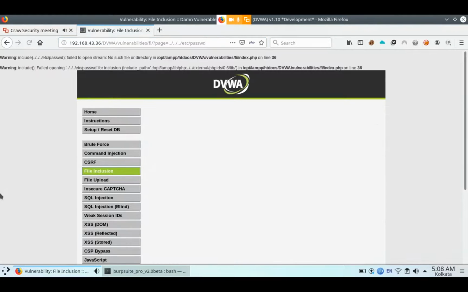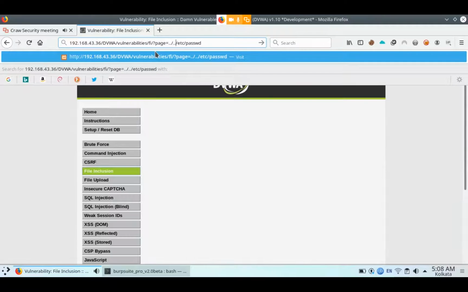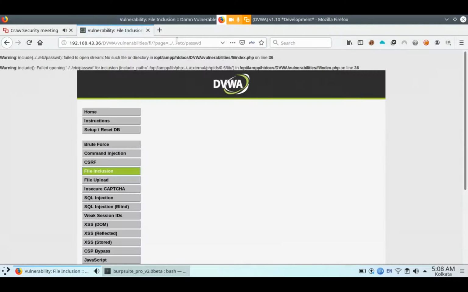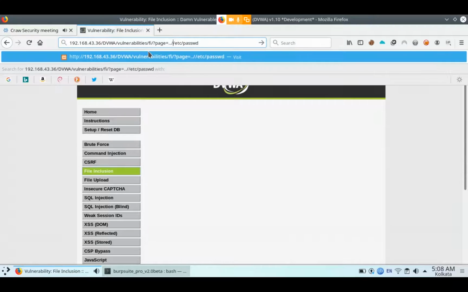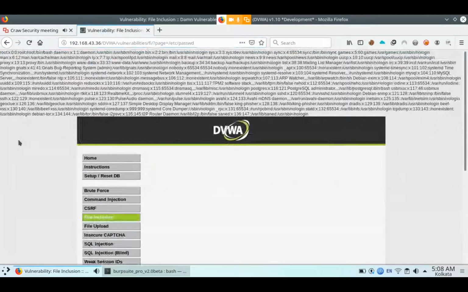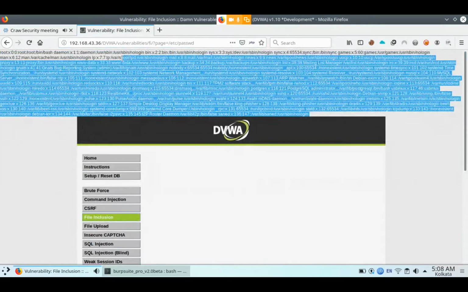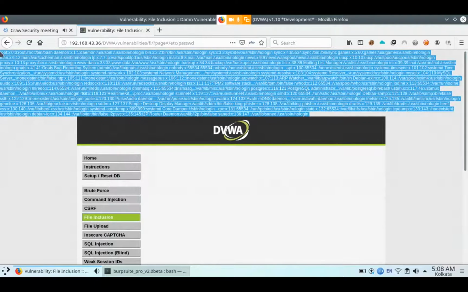Hit enter. If you cannot find the password file here, clear this, remove it, and after that hit enter, then you will be able to find the local file of the website. This one is the local file of your PC.